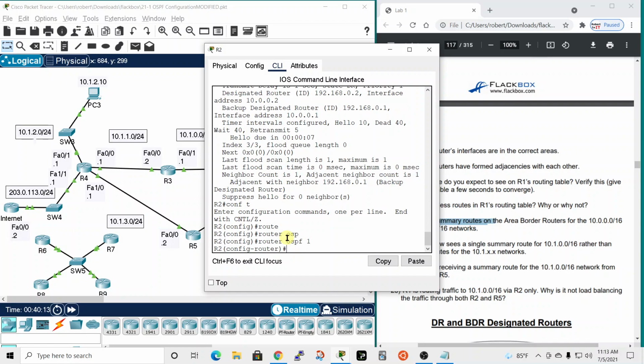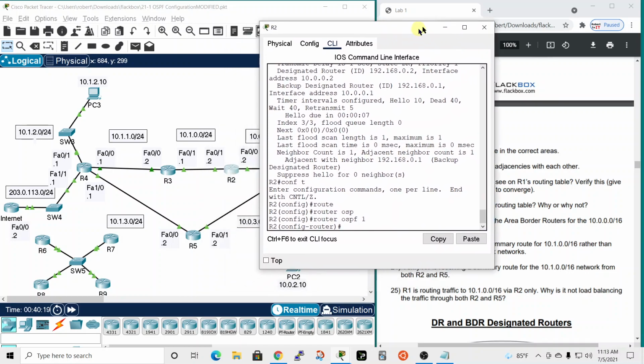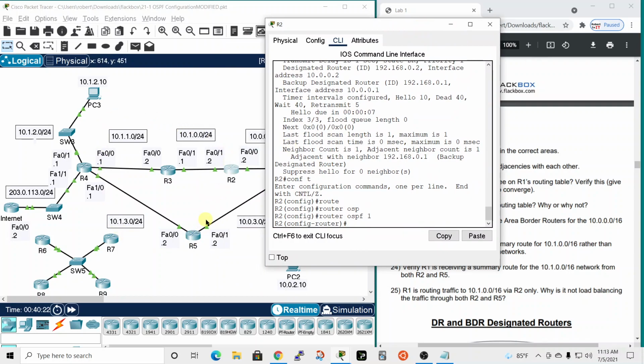And we need to, so if we remember, move this over here. This over here is area 0. And so we want everything, these are all 10.1 networks over in area 0. So we're going to create an area 0 range, which is the 10.1 networks, 10.1.0.0, with a mask of 255.255.0.0. So we're just saying, hey, anything 10.1, we want to create the range for area 0 of anything that's